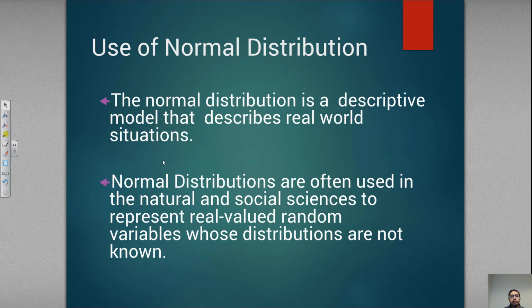Now, use of normal distribution. As I have already said earlier, the normal distribution is a descriptive model that describes real world situations. A typical example will be the height data. Suppose I have a population of say 1,000 people, and I collect the heights of all the people, it is likely that there will be a peak at the average,